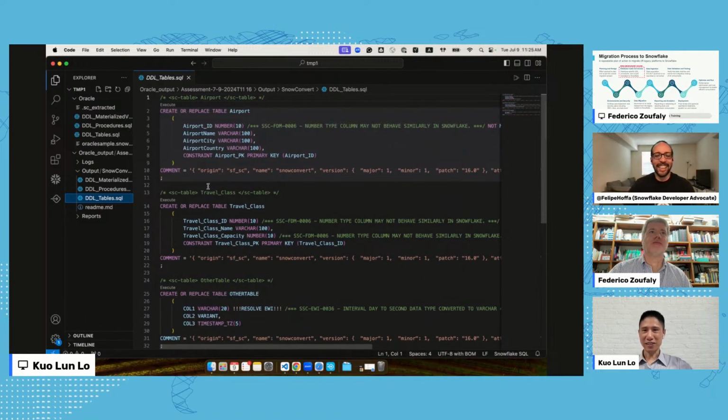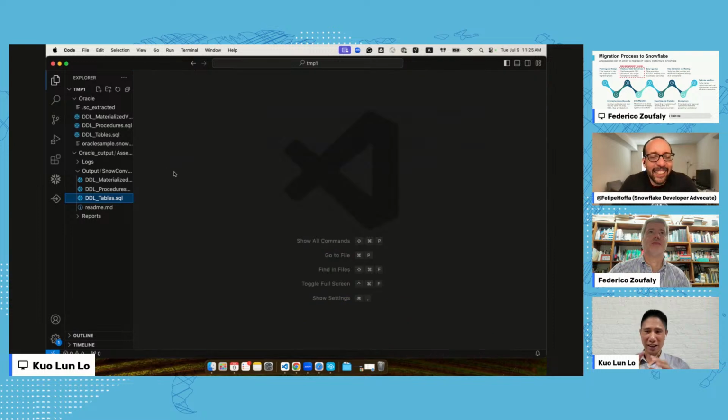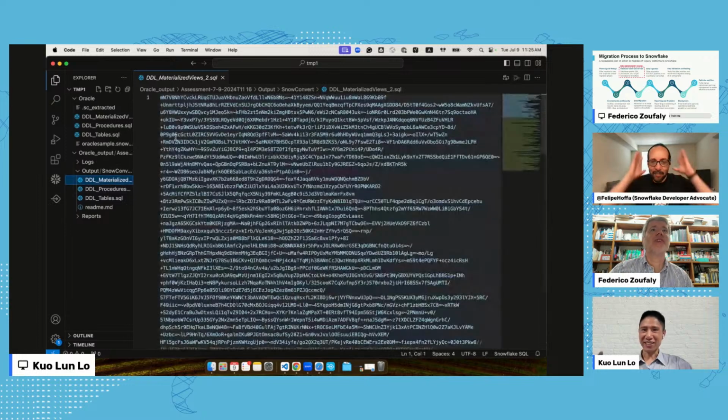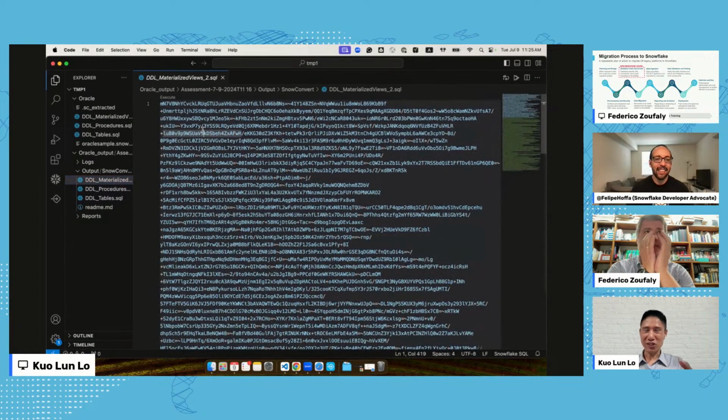Okay, so I think you are all curious about how SnowConvert translates the procedure and the materialized view. So if I click on procedure, oh no, why is it showing the obfuscated code? And the materialized view is also showing obfuscated code. This is because SnowConvert, in the free version, provides a free assessment and tables conversion.